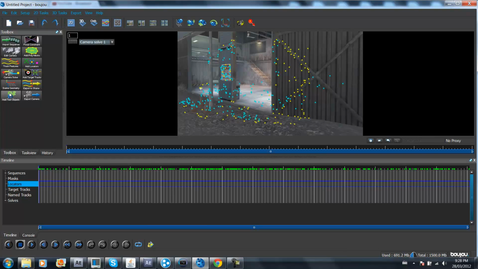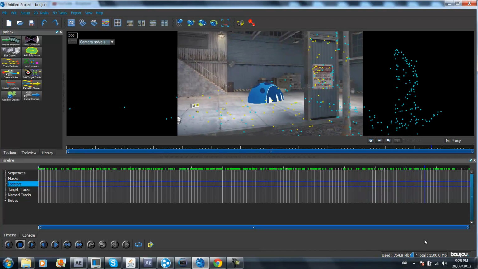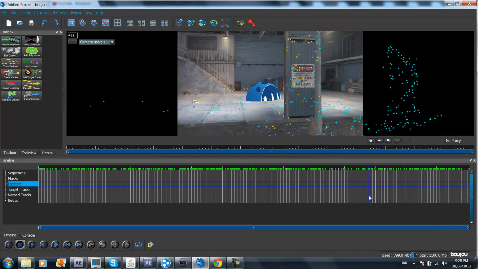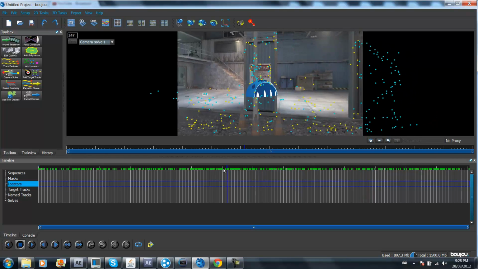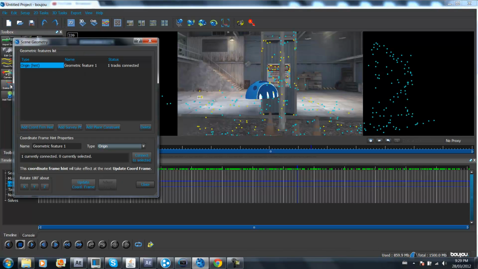What we're going to want to do now is add a test object to see what we've done. So as you can see, it's kind of slanted, and it's just not the way you want your text showing. So what we're going to do is go back to scene geometry. You've probably seen this in other tutorials. You don't always have to do this. It's only if that test object is not aligned right with the floor. If it is aligned right with the floor, there's no need to do this, but it's not right now, so